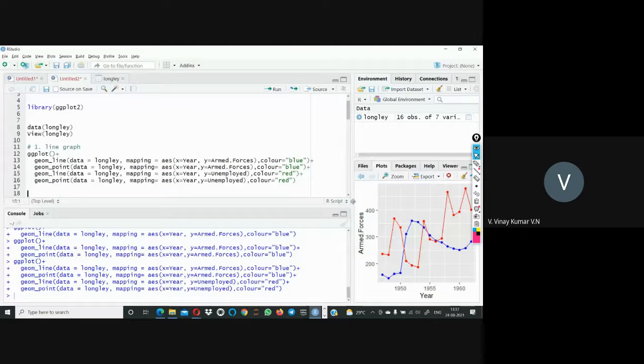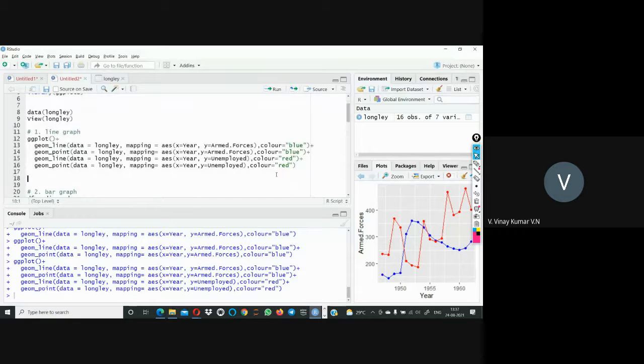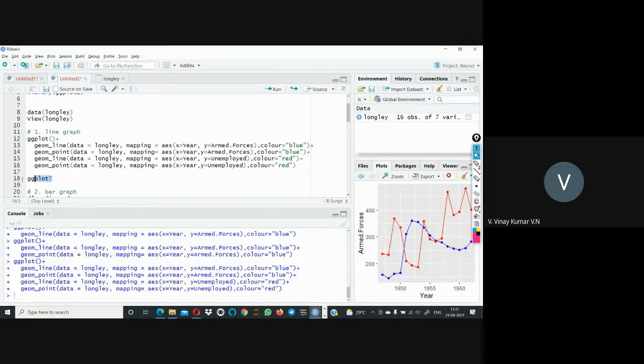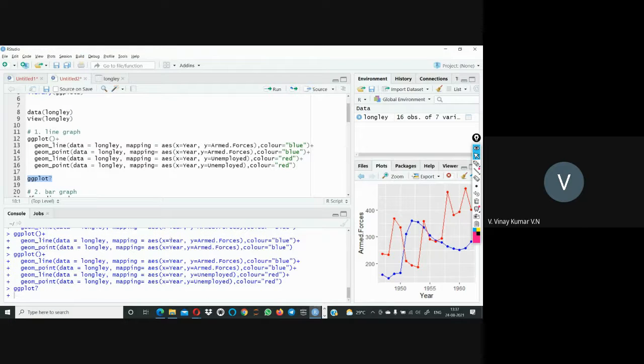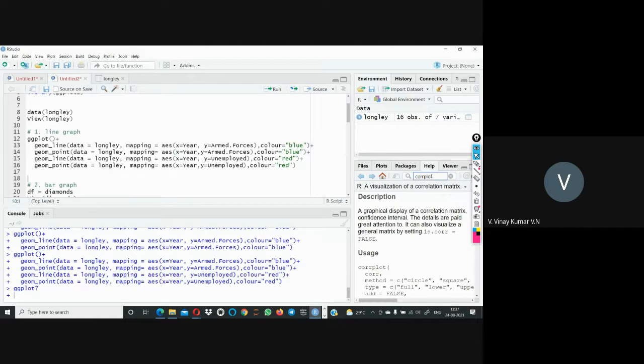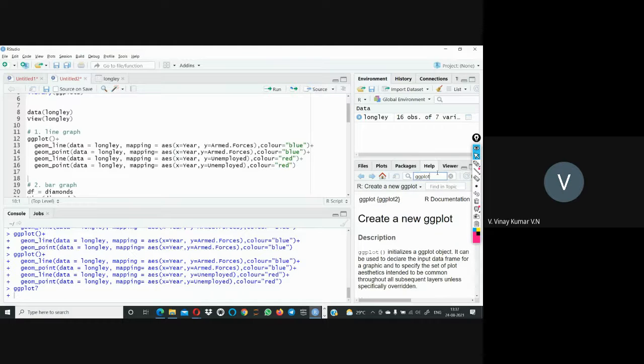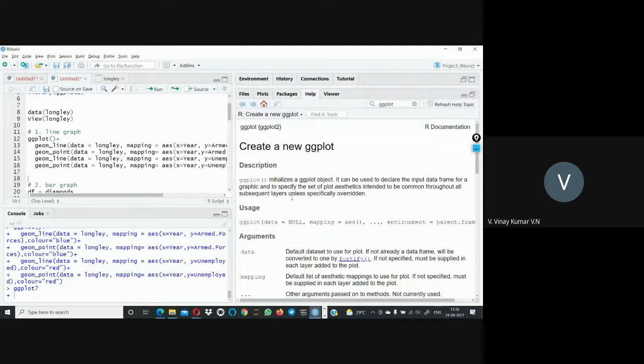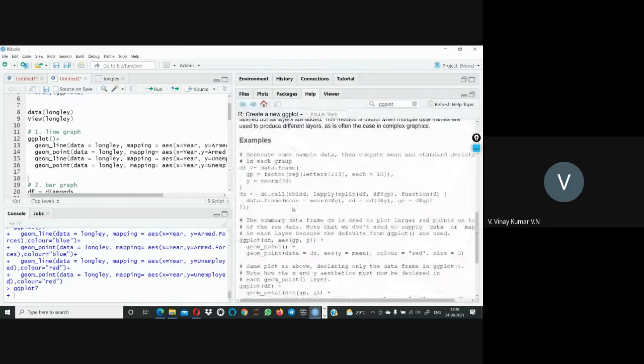in the documentation. If you want to see the documentation of ggplot, just type ggplot, press question mark, and execute this code so that you can see it. Otherwise, here we have the help button. In this one, you can go and click ggplot. I just want to study the document. Okay. So here is the ggplot document. In this document, whatever things you want to do, all those things are possible.